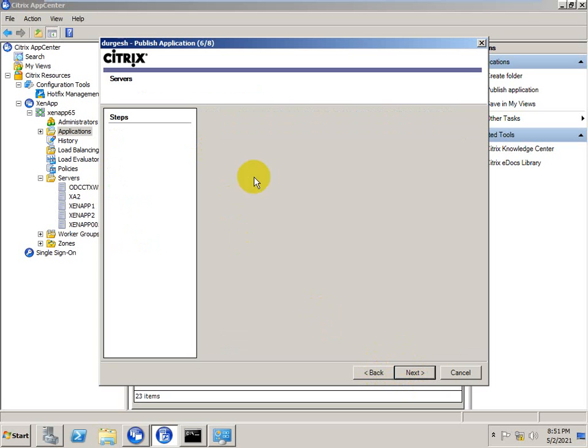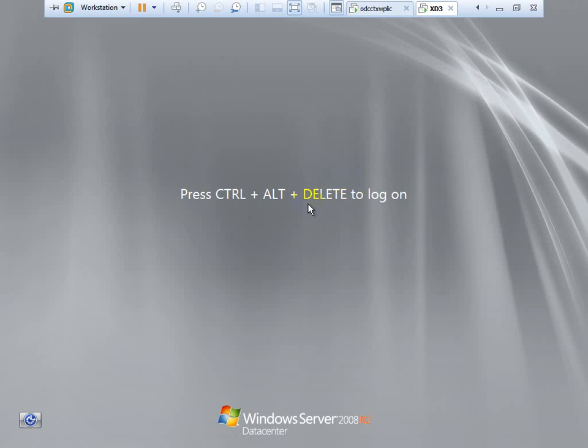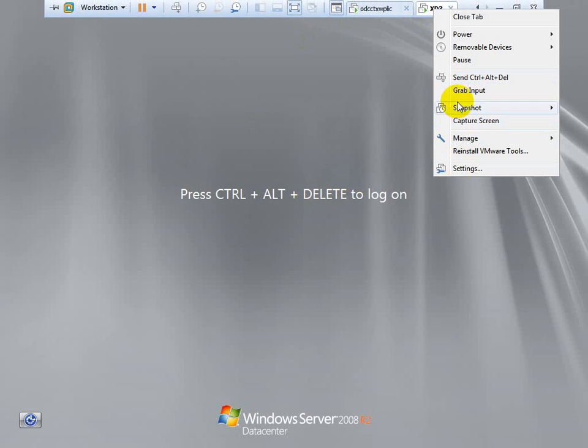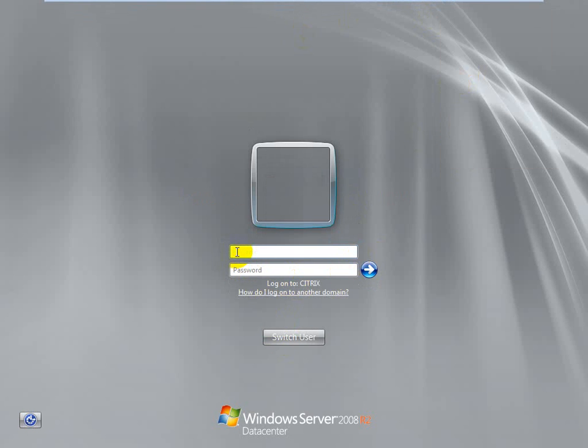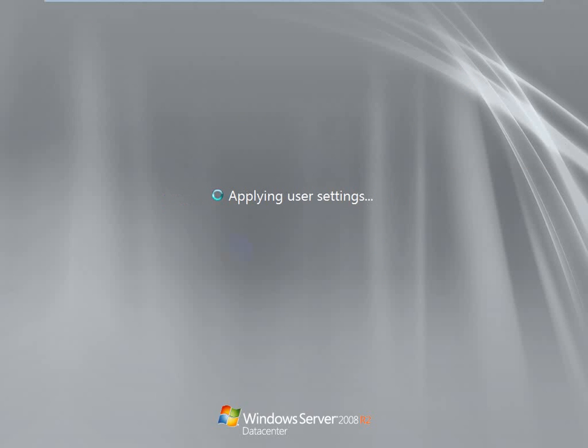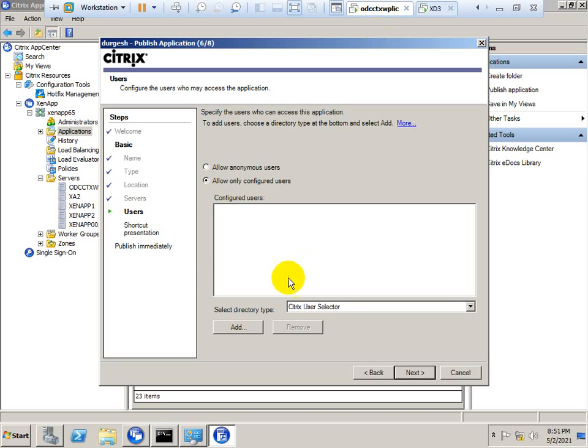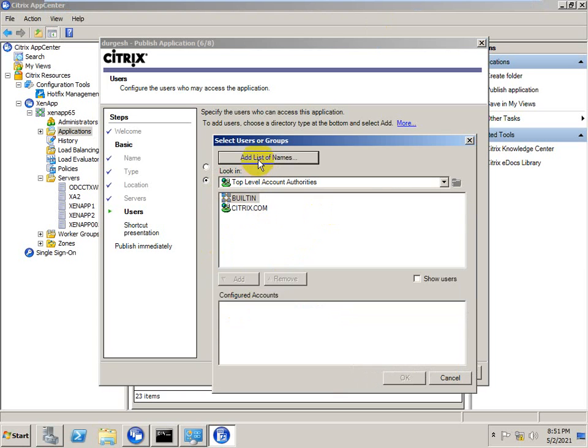Next, now you need to add the user. Okay, now I need to add the user.